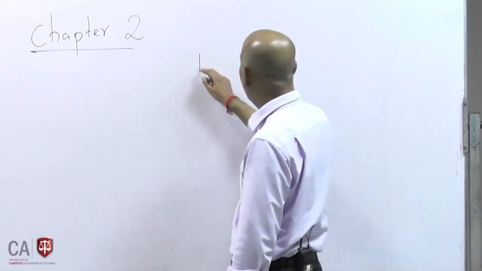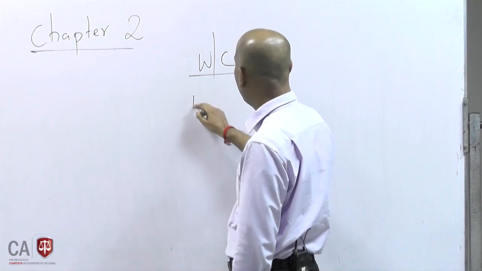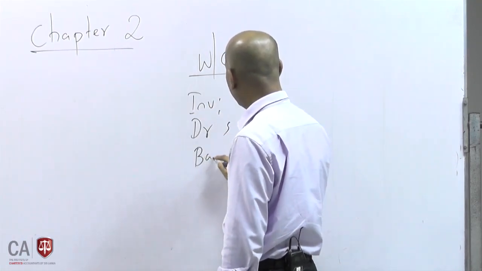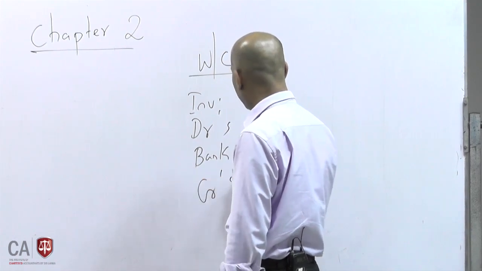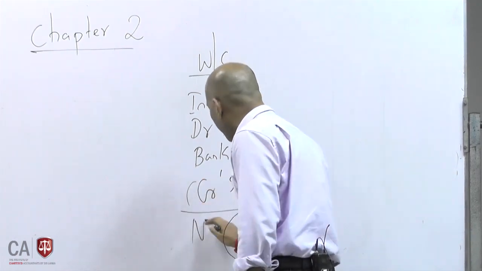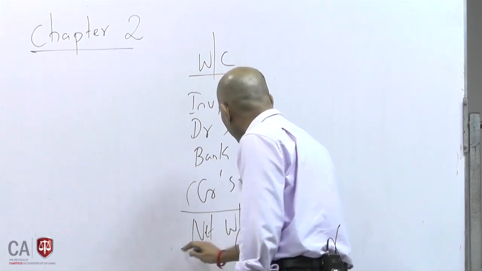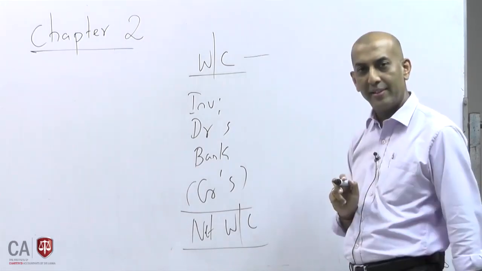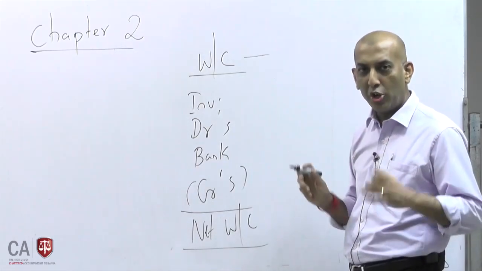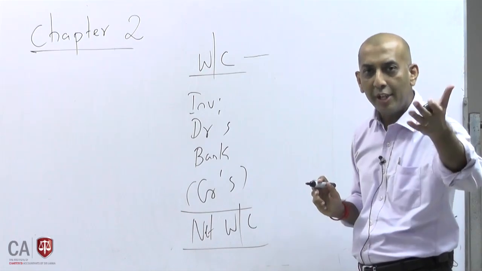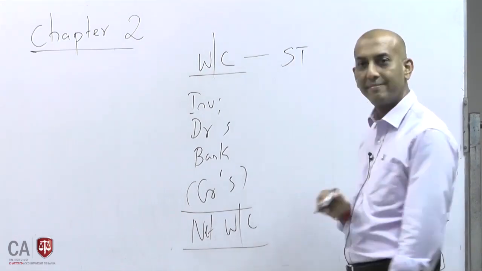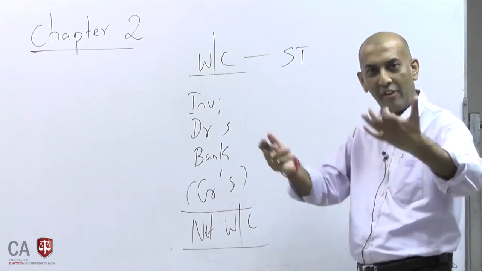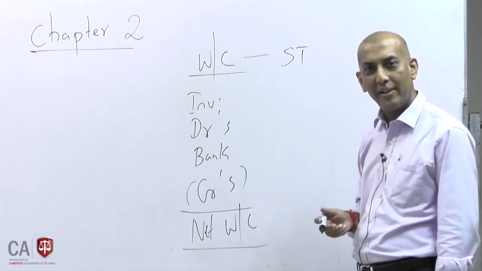And if I take working capital, which is mainly your inventory, debtors, bank balances and creditors, this is your net working capital. Please note, is working capital in your financial statement current or short term or long term? The immediate answer you will have is short term. Why? Accounts show it's a current asset, current liability. It's within 1 year. It converts in 1 year. Short term asset, short term liability.